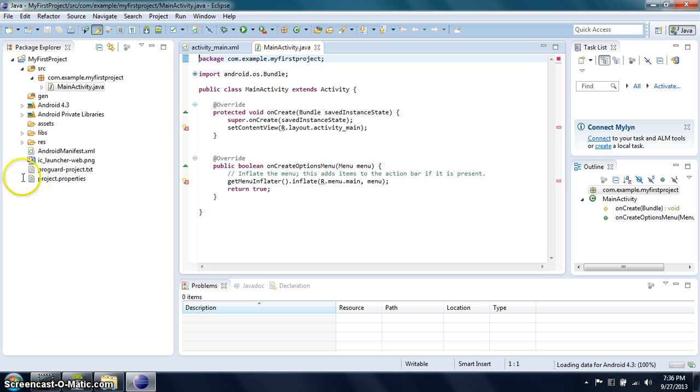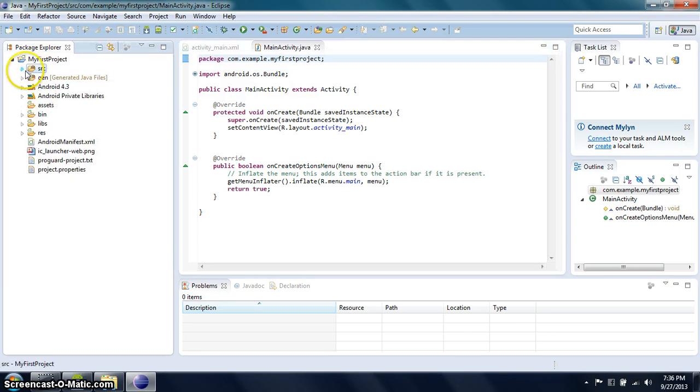So every Android project contains several folders. For the SRC, this folder contains the Java source files,